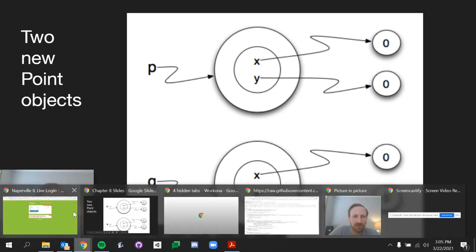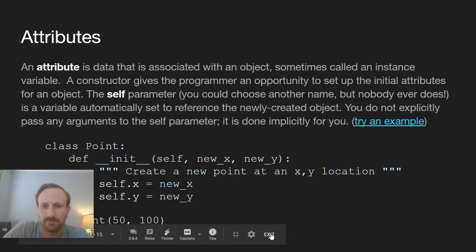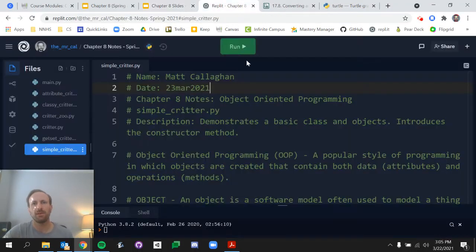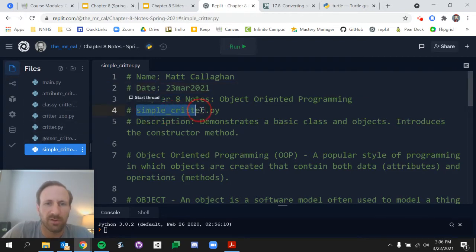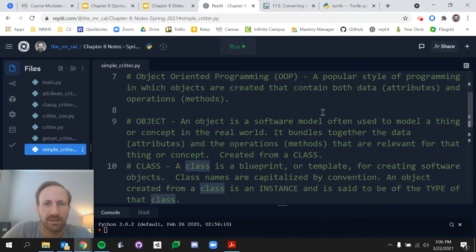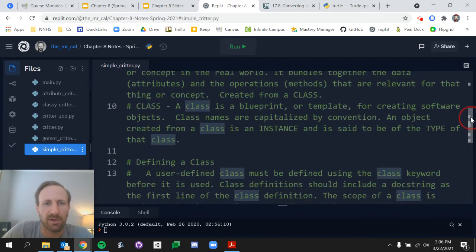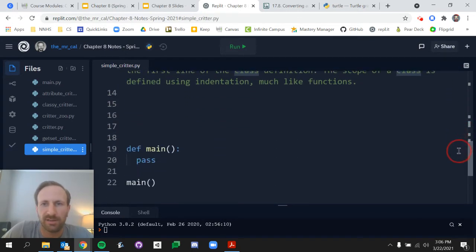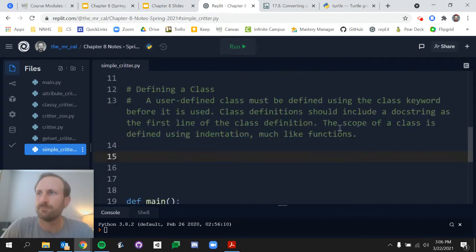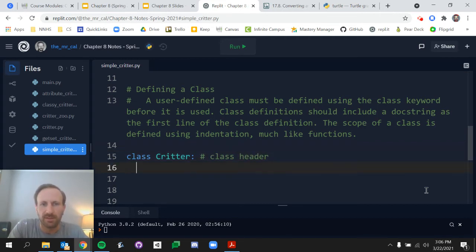All right, we're going to define our own class here in the notes. Instead of Point, we're going to create what we're going to call a Critter class. There are some notes already in here about what objects and classes are and how you define a class, but we're going to start by defining our class. So our class is going to be class Critter. We just wrote the class header, always the first line of a class definition, and then we're going to include a docstring,